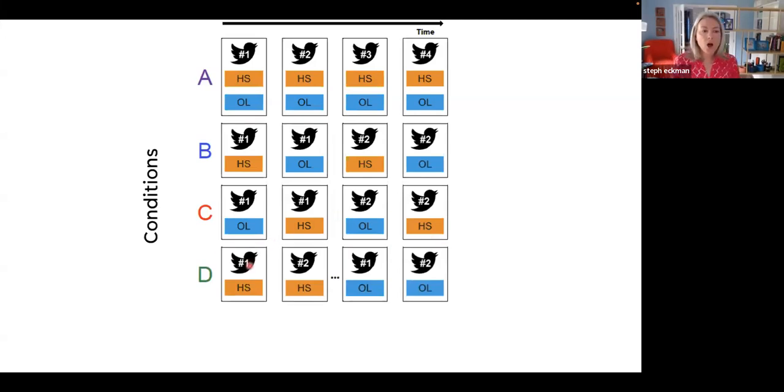Here we did all of the hate speech labels first. So tweet 1, is this hate speech? Yes, no. Tweet 2, is this hate speech? Yes, no. And on until you get to tweet 50. Is this hate speech? Yes or no? And then you go back and you're seeing tweet 1 again.